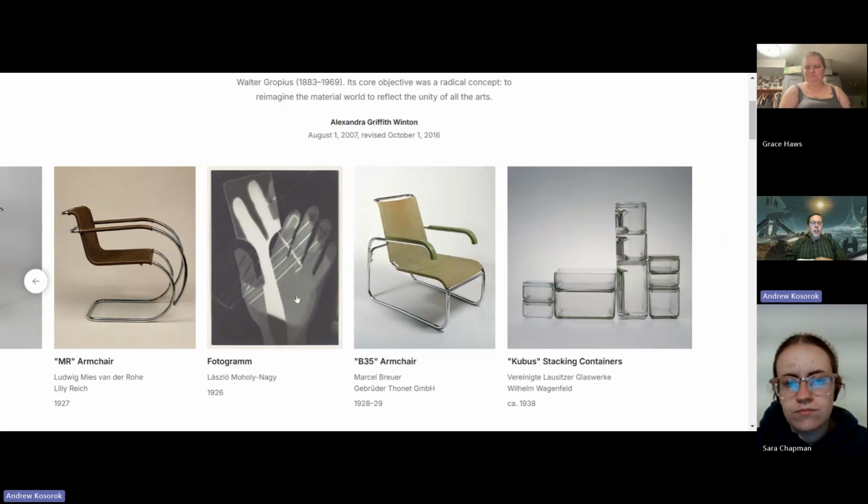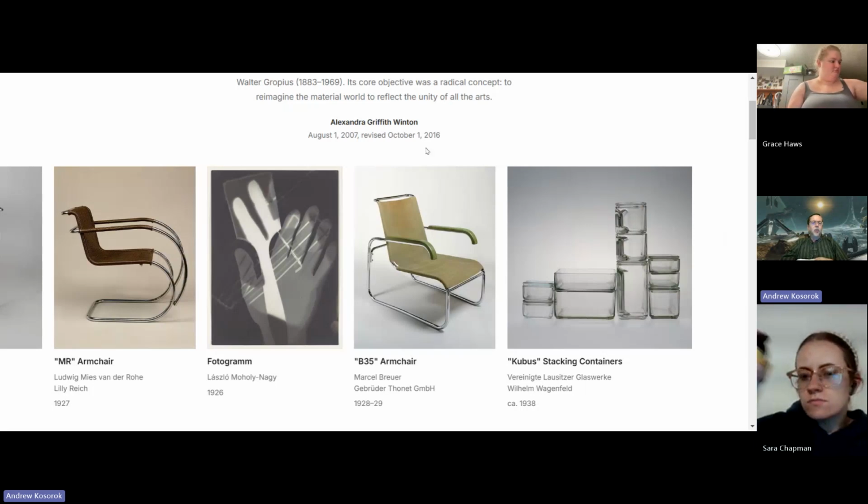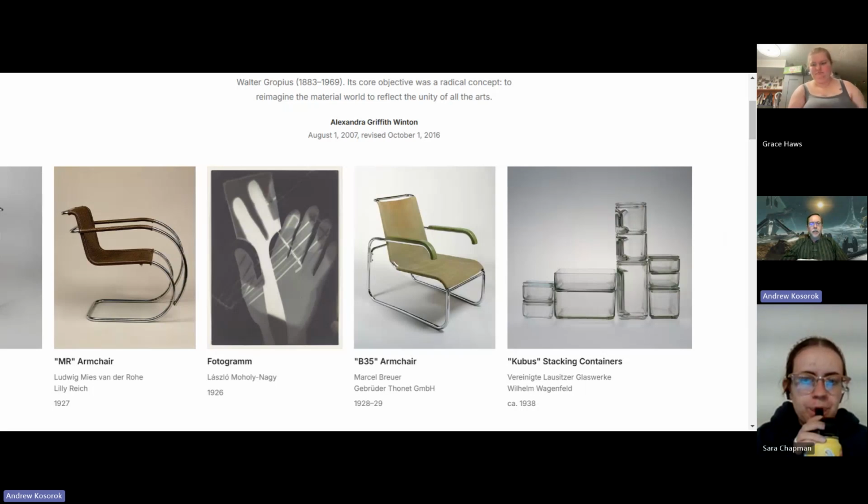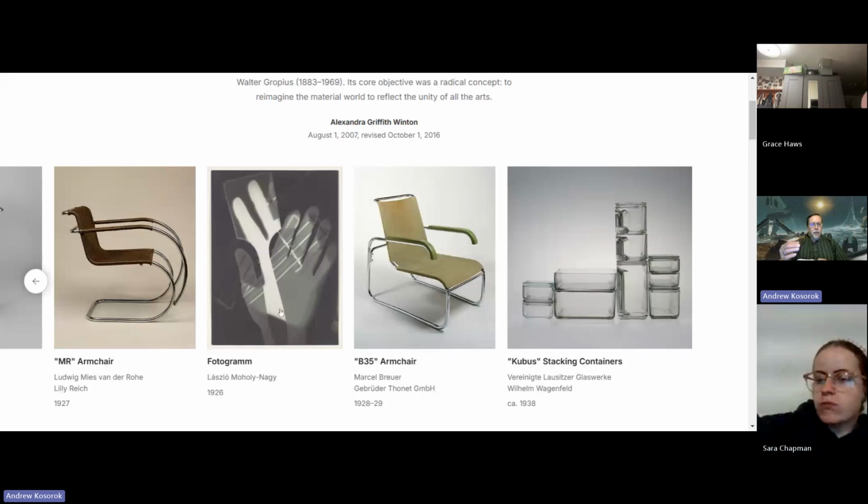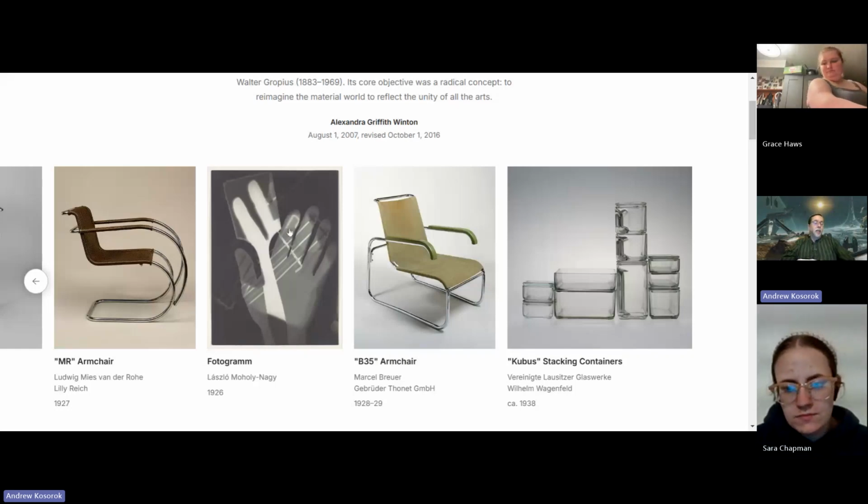Like this photogram, I really like Laszlo Moholy-Nagy. He was an incredible photographer, very experimental. Have you guys ever done the thing where you take the blue paper, you set it out in the sunlight with the stuff on it, and then when you wash it, you get this blue on white image that's a sun print? Have you guys ever played with those? That's the kind of imagery Moholy-Nagy really developed. And you can see that in this stuff, but somebody somewhere had to be first.